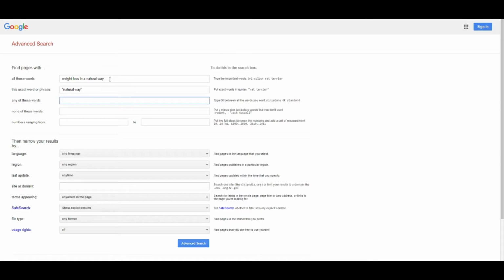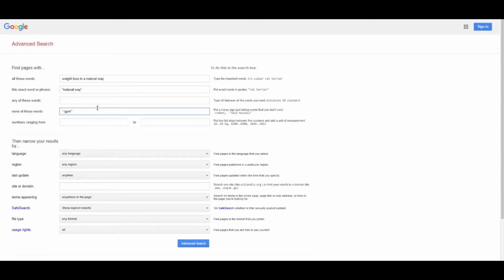Next, none of these keywords: if you want to exclude some keyword which you don't want in your search result, so actually I don't want the keyword gym in my search result, so I am putting it under double quotation. And I also have to mention minus before that.